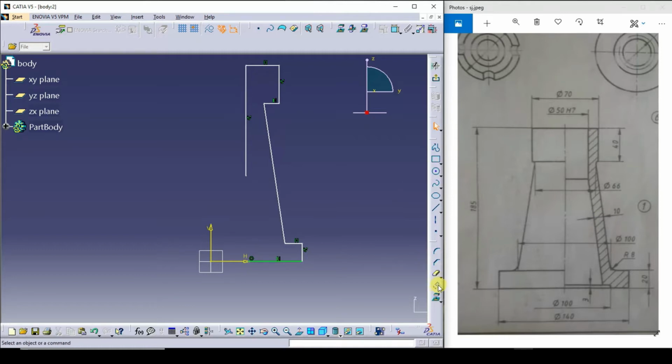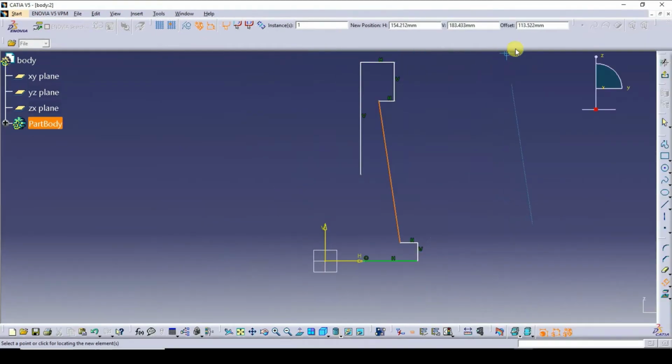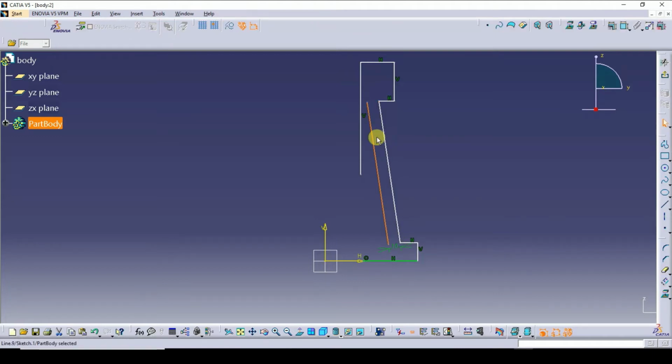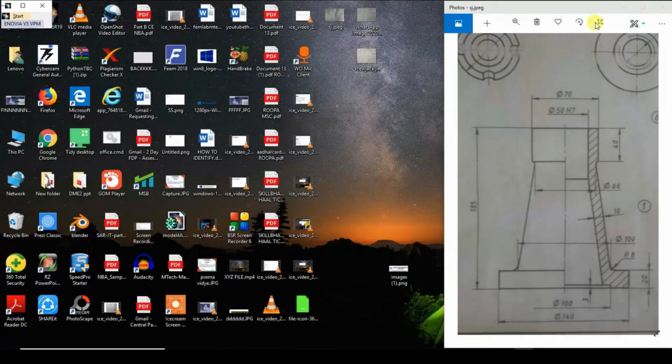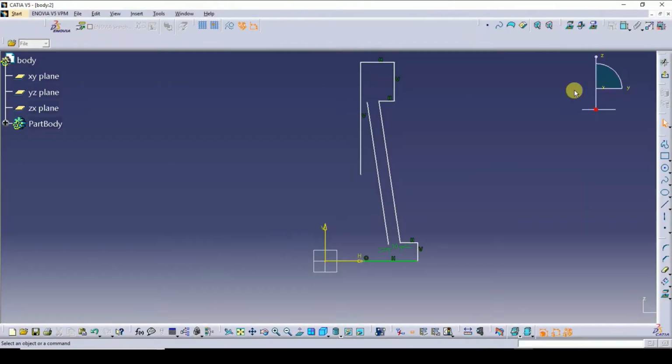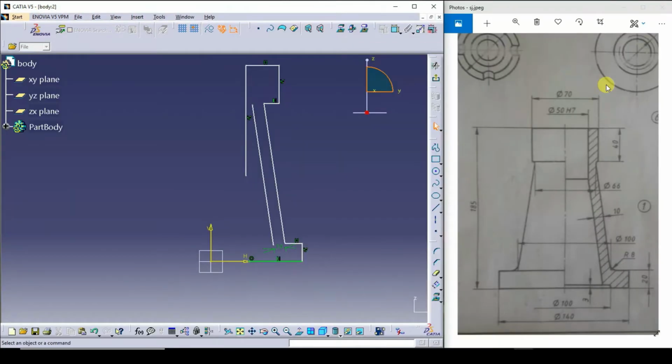So I will go for one command, which is called as the offset command. Press on this. You enter the offset distance. Offset distance is 10 mm. I'll extend this line little bit by going to the trim command.